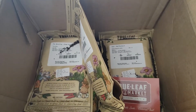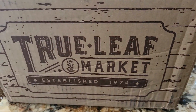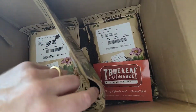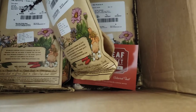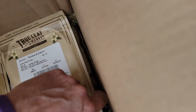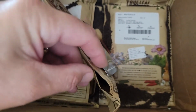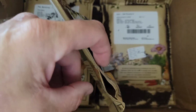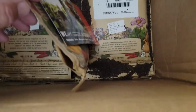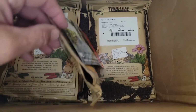Hey, this is Rick. I just unboxed my seeds from True Leaf Market, and I found it. It really looks just as though it's our broccoli, and it just looks like this bag here just lost its seam. I mean, it doesn't look like it's cut in any way. It just is a bag default, but you can clearly see that the seed is all over, and we'll contact